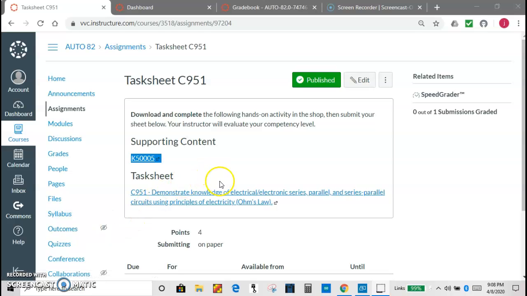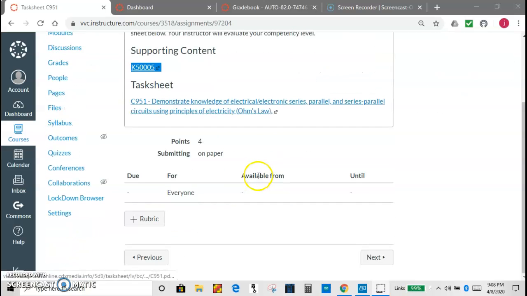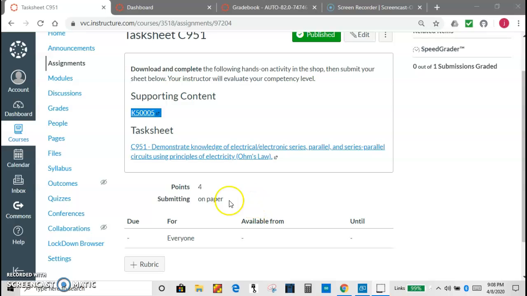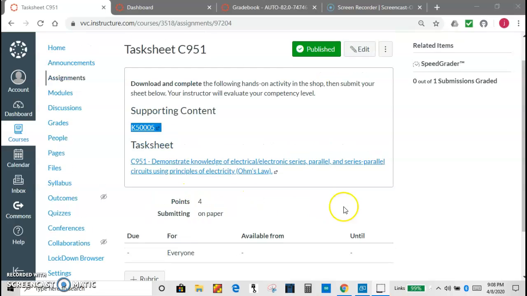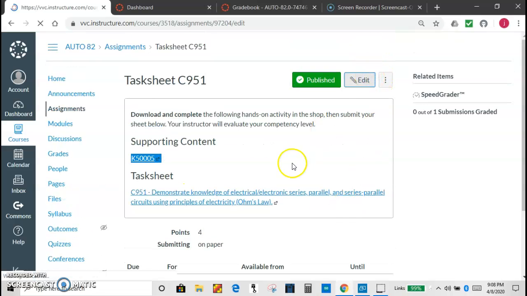The purpose of this video is to show you how easy it is to create an online assignment. I'm editing this task sheet, so you look down through it and it'll say on paper for submitting. So go to edit,